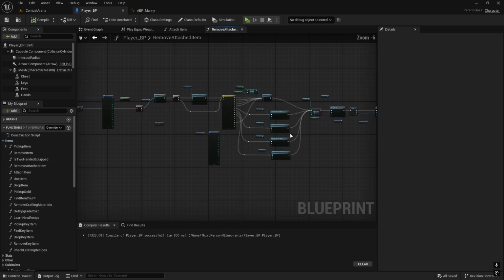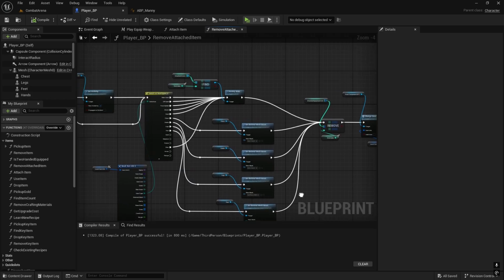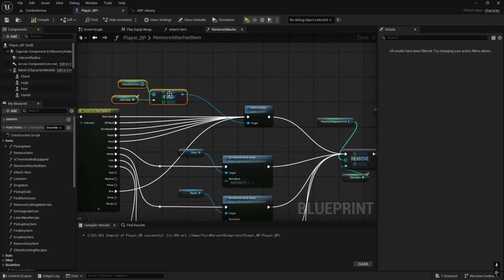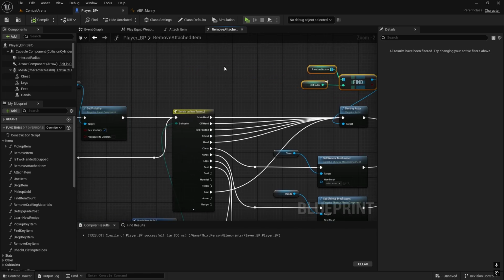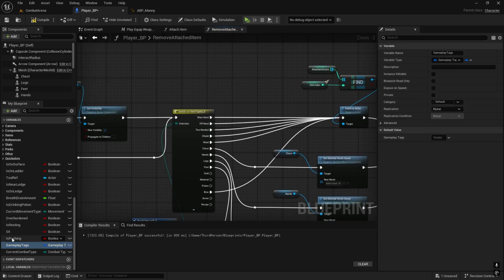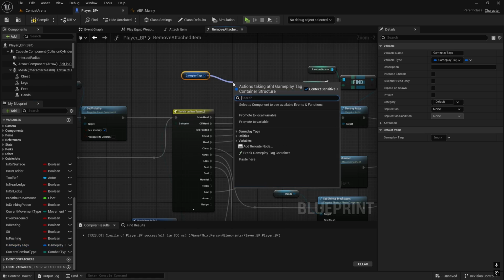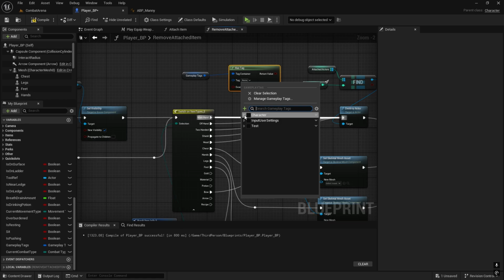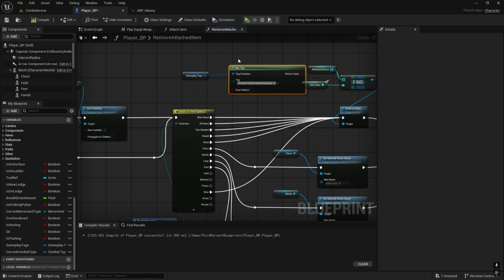There we go. And in here we need to do something similar. Before we destroy these actors, we don't want to destroy them if the weapon is equipped, so get gameplay tags again, has tag, and it will be character checks weapon is equipped,